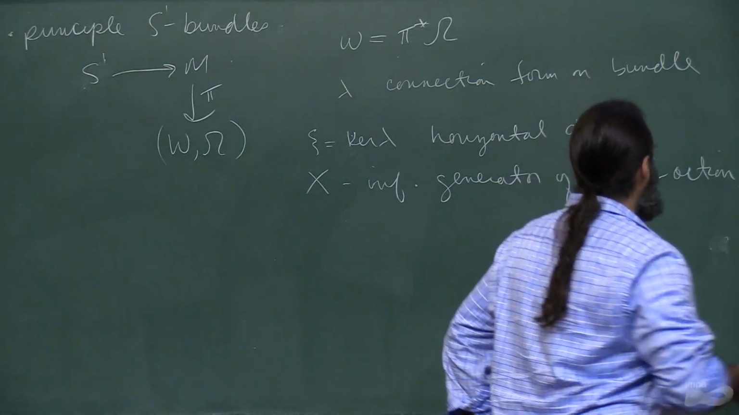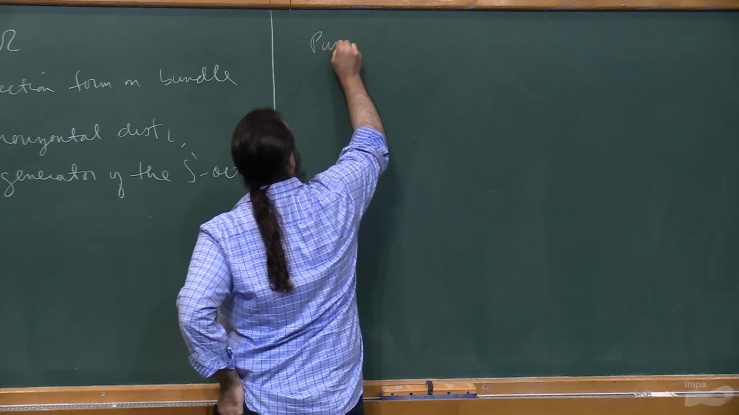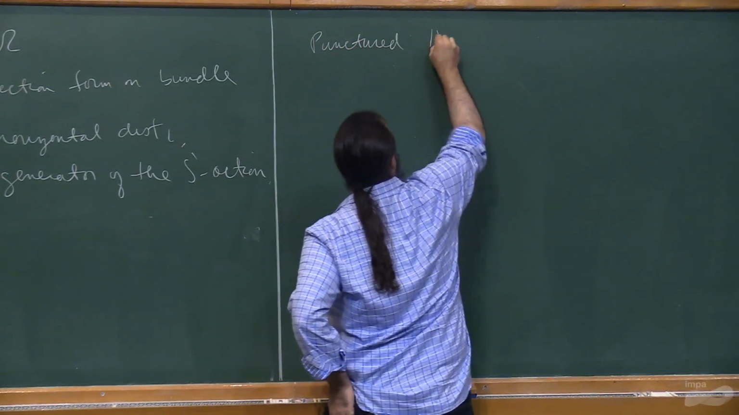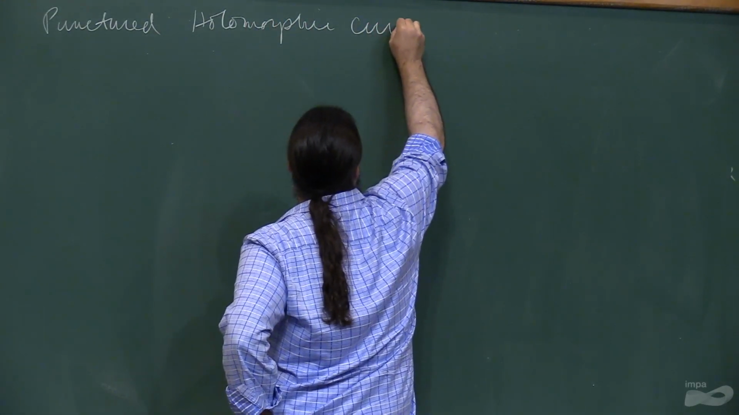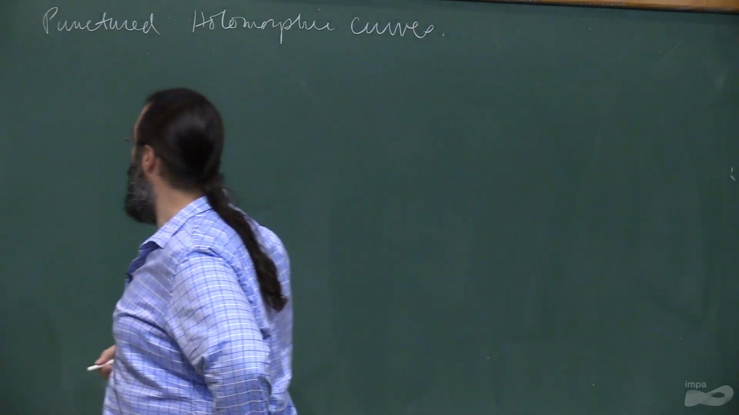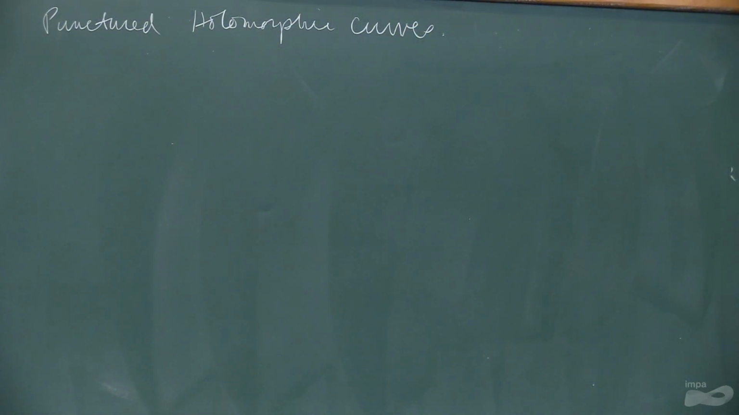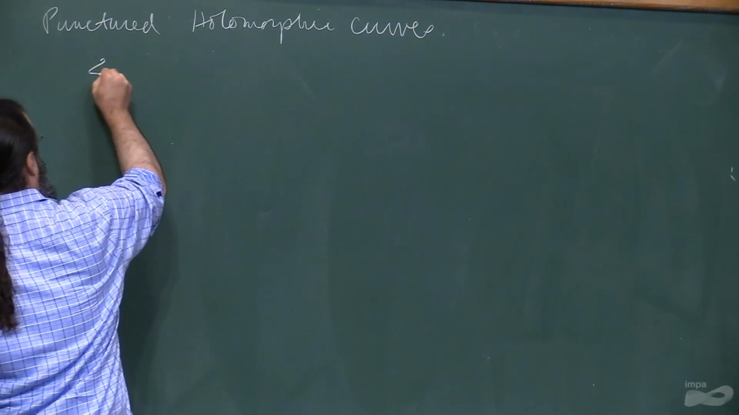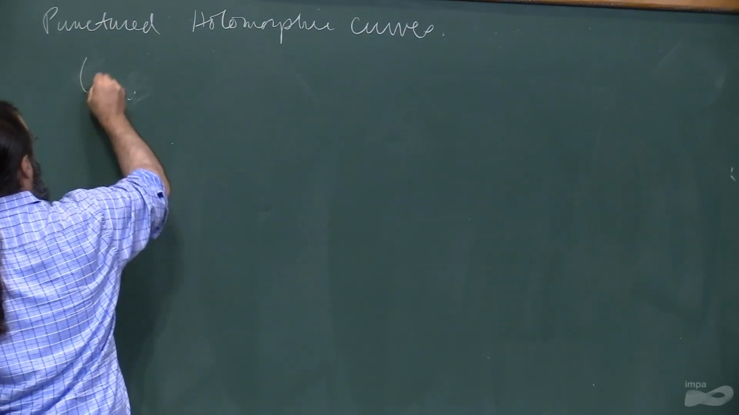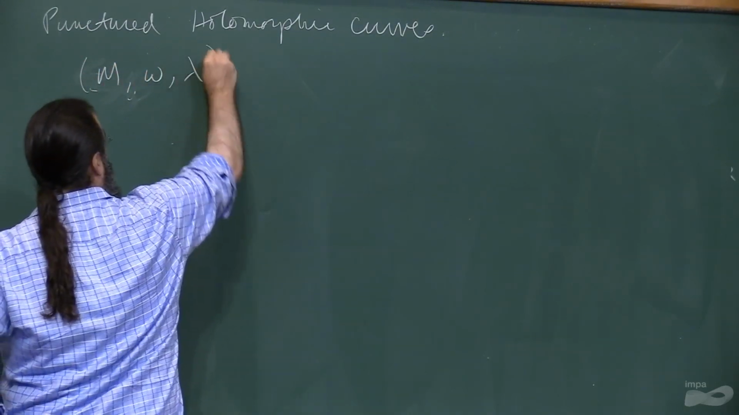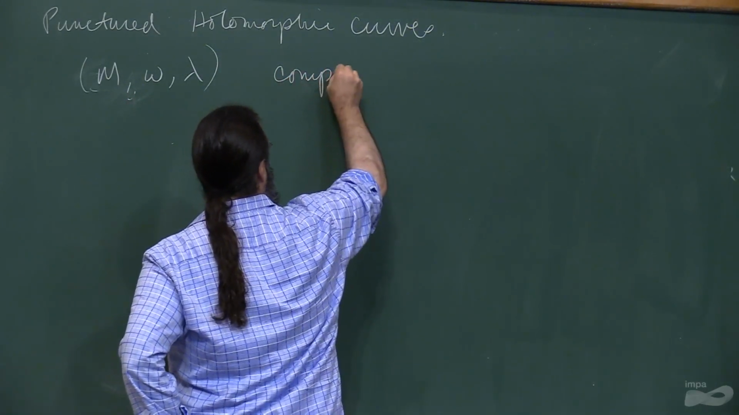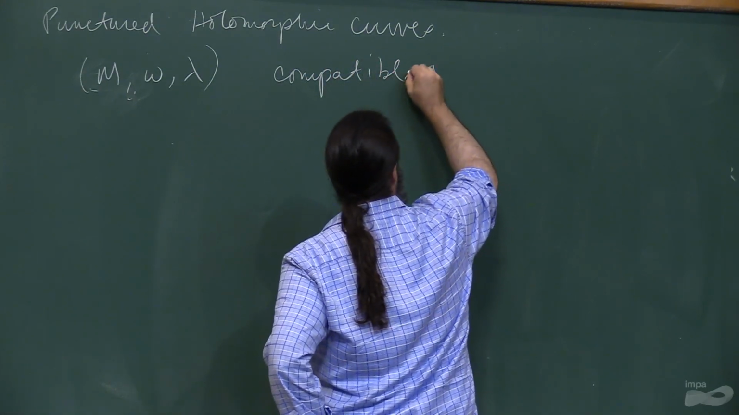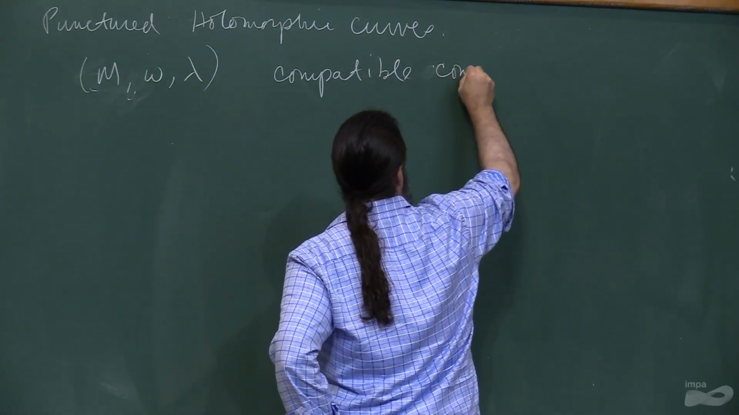So let's talk about punctured holomorphic curves. And I should mention I use the word holomorphic and pseudo-holomorphic interchangeably. I'm a little sloppy about that sometimes, but it's sort of become standard in our field. So here we're going to have M equipped with a stable Hamiltonian structure. And we can define what's called a compatible almost complex structure, or let's say complex structure